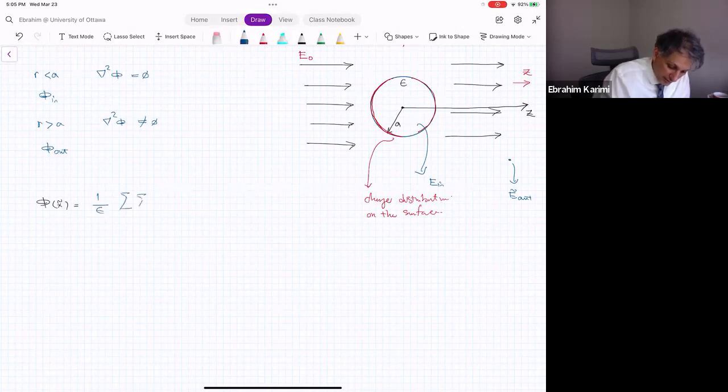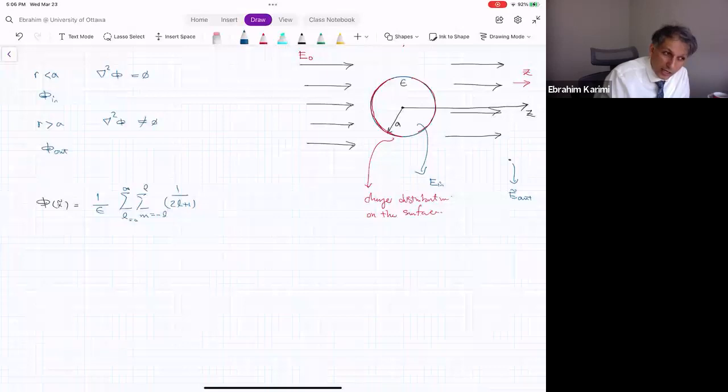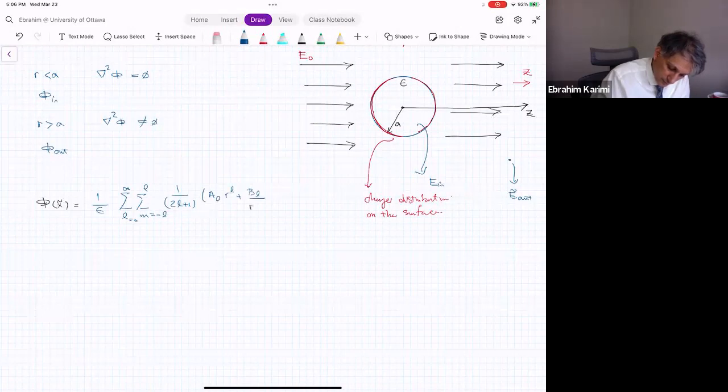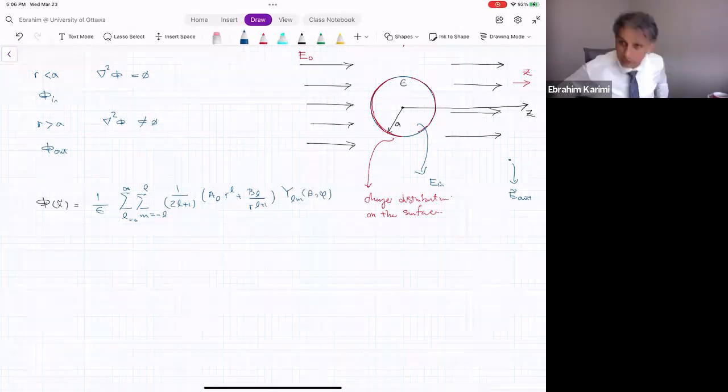It was summation over L from 0 to infinity, summation over M changing from minus L to L, then 1 divided by 2L plus 1, then 1 divided by R power of L plus 1, YLM of theta and phi. Okay, I think it was something like that,